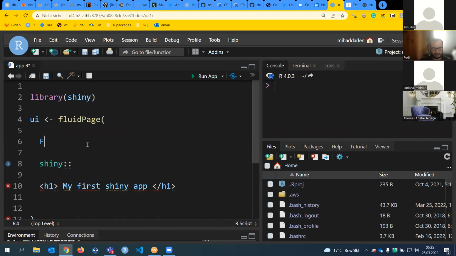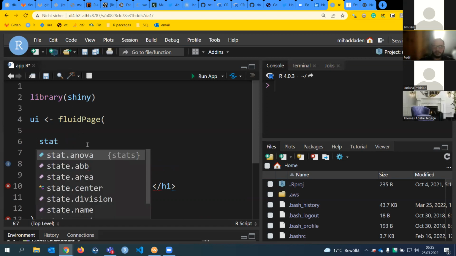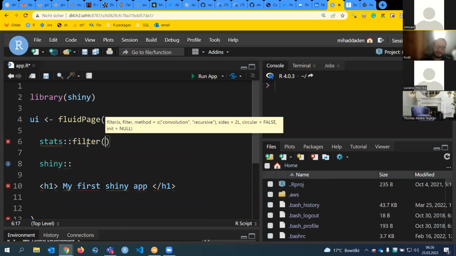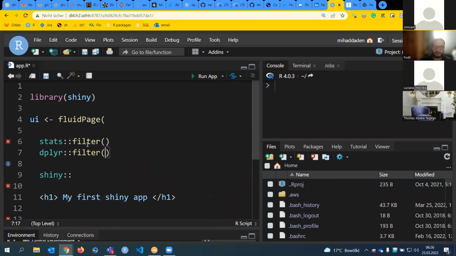I think there is a function called filter. Yeah, it's in the stats package, which is part of base R. So stats has a function called filter, and dplyr has a function called filter. So if you use filter in your script without this type of writing, you might have conflicts and problems later. So always prepend the name of the package to the function.